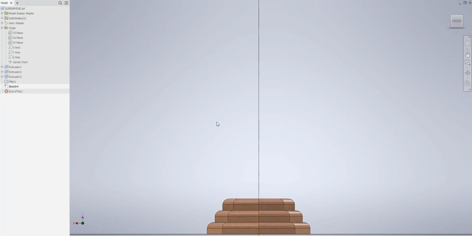I need a rectangle, and that rectangle is going to serve as a construction line, and I'm going to fit the entire 3D solid model of the Queen within that rectangle. There are two ways to do that. You can create a rectangle with the rectangle command, or you can simply create a rectangle with four lines. So I'm going to go to the line command and pick the center point, click,